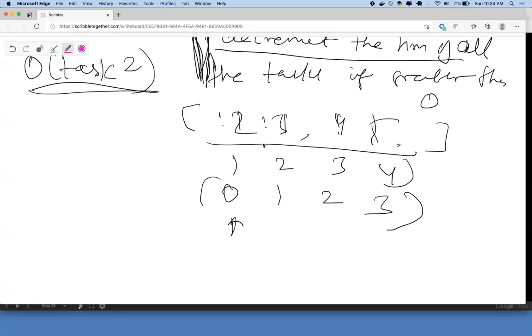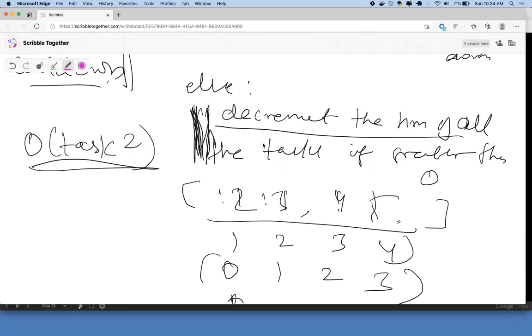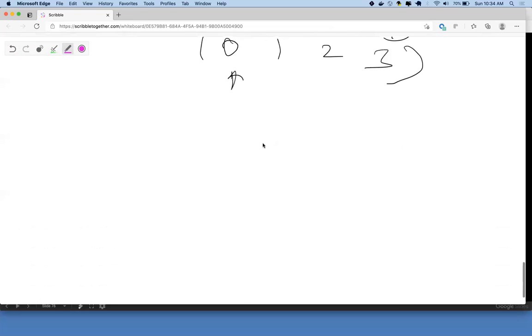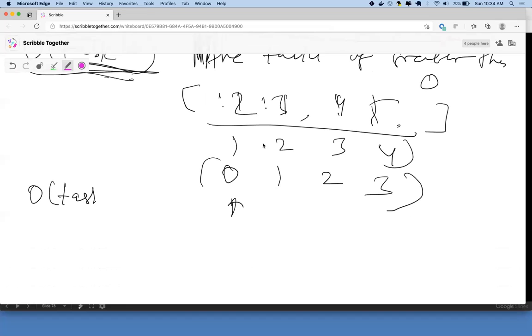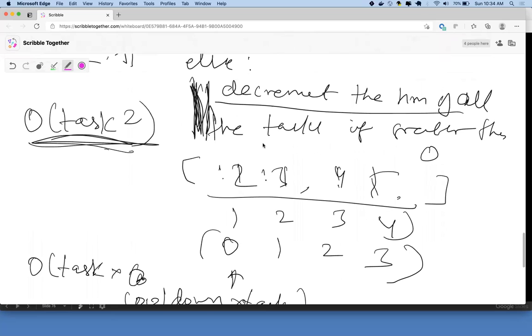Yeah. So basically, this is running multiple times till the counter has become 0. So you're running it anyway multiple times, so at least it'll become O of n square. I mean, at the worst, you'll have to run this number of times. This is not O of k square. This is O of task into your cooldown, into your task. Because you're not going to the hash map only once. You're going through it a number of times, till your cooldown goes to 0. So this itself is task into cooldown.